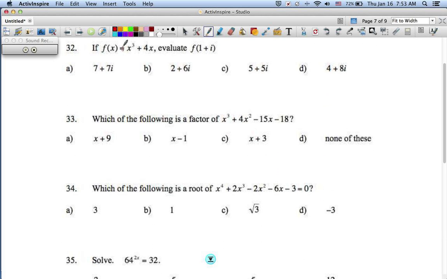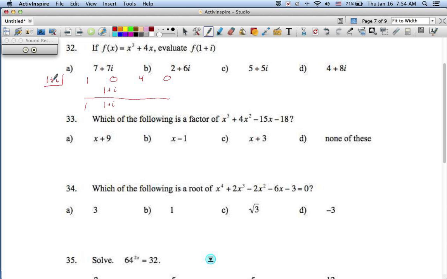F of 1 plus I, so I'm putting 1 plus I in there. I'm actually going to do this by synthetic division, I believe. 1 plus I will go here. Coefficients: 1 is cubic, 0 is quadratic, 4 is linear, 0 is constant. Bring down the 1. Multiply, add,